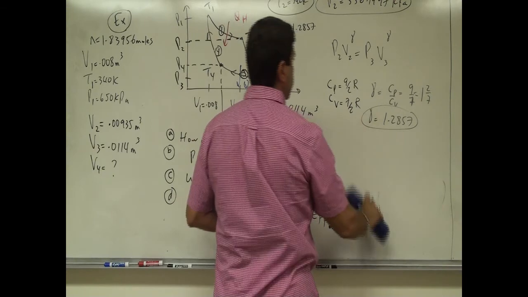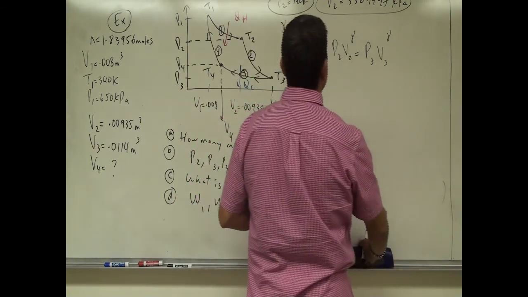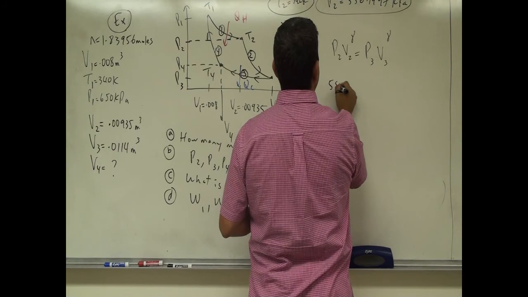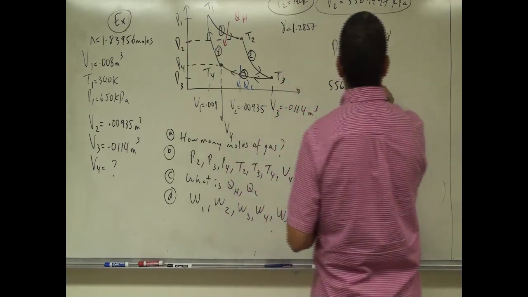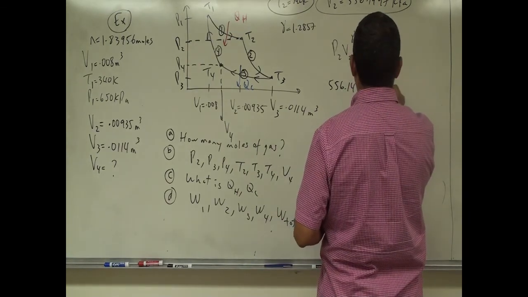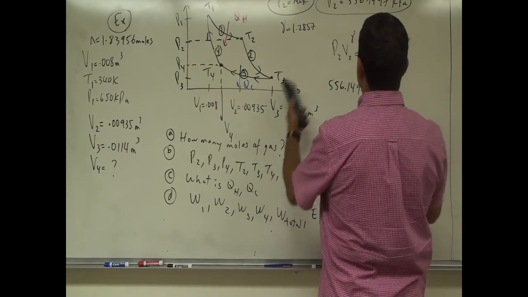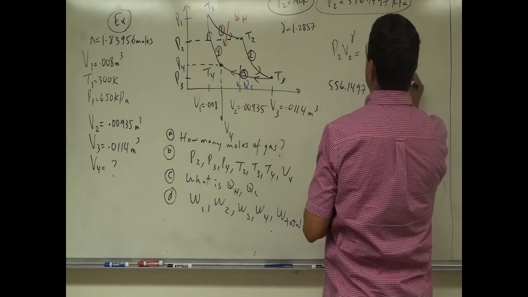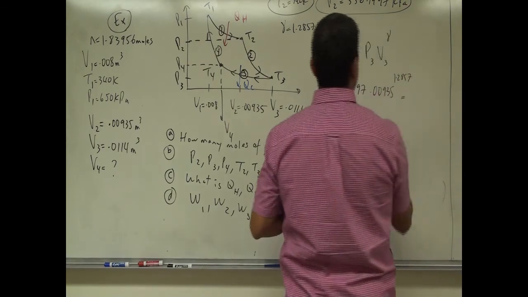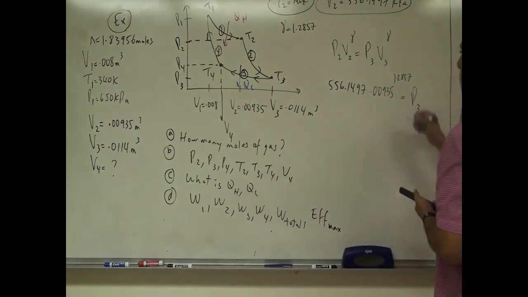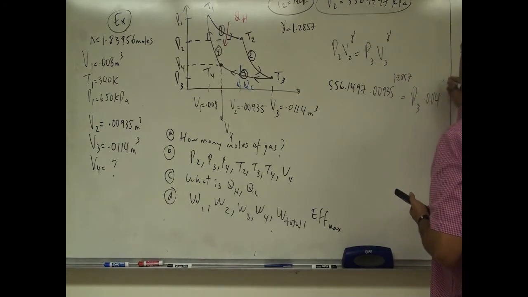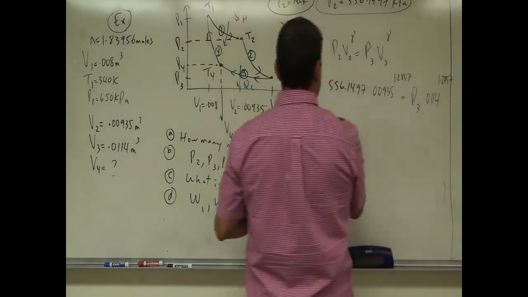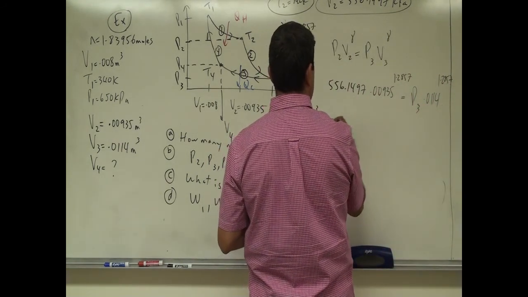Okay, so then I'm going to do my ratio thing. P2, we got 556.1497, and then V2 is going to be 0.00935 to the power gamma, which is 1.2857. That's going to equal P3, which we don't know, times V3, which is 0.0114 to the power of 1.2857. Right? Well, what I can do is I can just bring everything to this side and then write